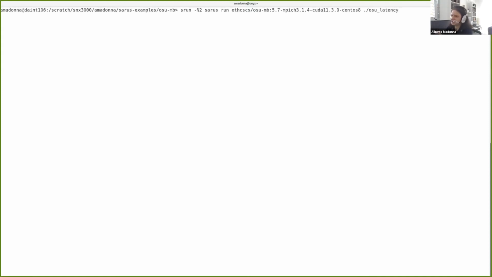OSU latency performs a series of ping pong message communication between two processes, or in this case on two different hosts, for a variety of message sizes, and it will print the latency of those message exchanges. So it's a simple but very significant